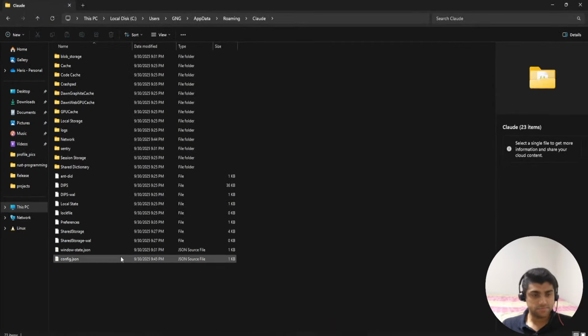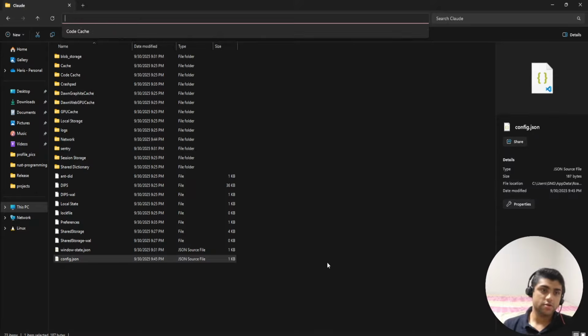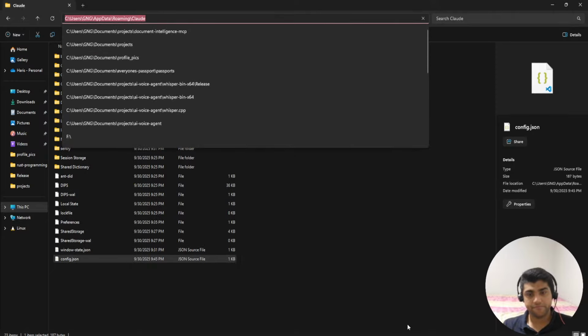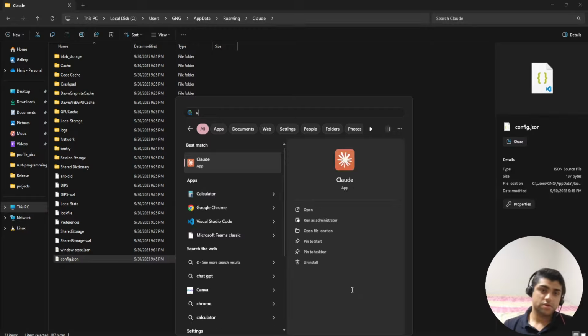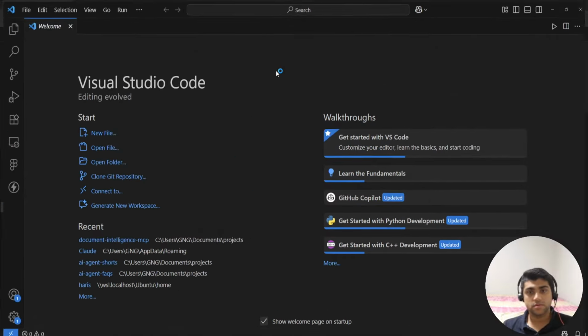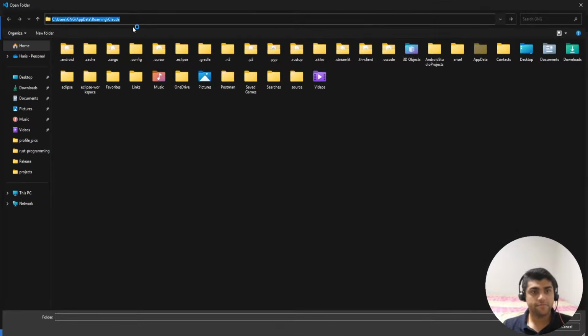I messed up the config.json. But what I can do is I can go here. I don't like the cursor right now. But here I just open up the folder